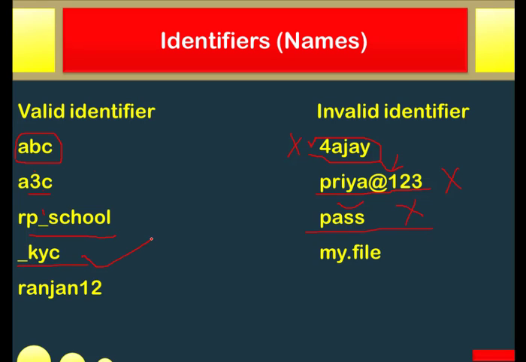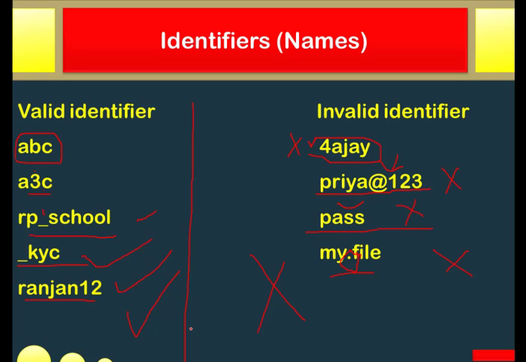That's a valid one. Okay, my.file, it's wrong. Why? Because this is the special character here, the dot. That cannot be. Ranjan12 is correct. So these are the valid ones and these are invalid.